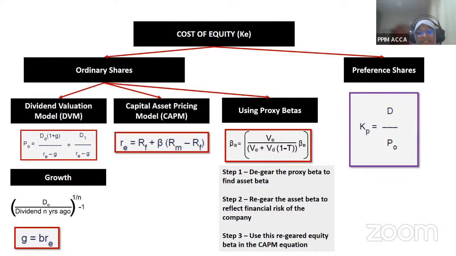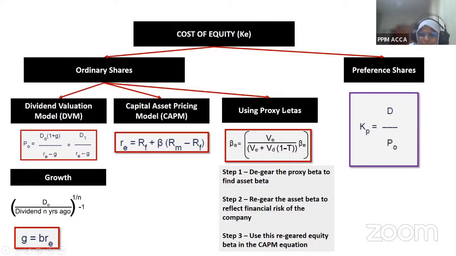Okay. Then there is a second model called the CAPM or the capital asset pricing model. So here if you want KE, it's the risk-free rate, which is basically the interest rate of treasury bills usually. Okay, because we consider treasury bills to be very low risk, almost zero risk. Plus beta. I spoke about this beta earlier today. It's the beta equity. So it is taking into account the business risk as well as the financial risk for that company, times the market return minus the risk-free rate. So if you have these figures, you can use CAPM and find KE, cost of equity.